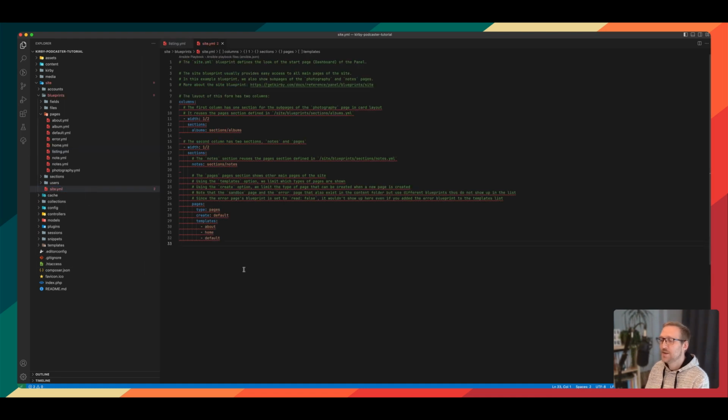And as you can see, please ignore the red scribbly lines. I don't have the right formatter installed. That's because it's all red. Please ignore that. As you can see here, we have the pages section, and it can host 3 templates right